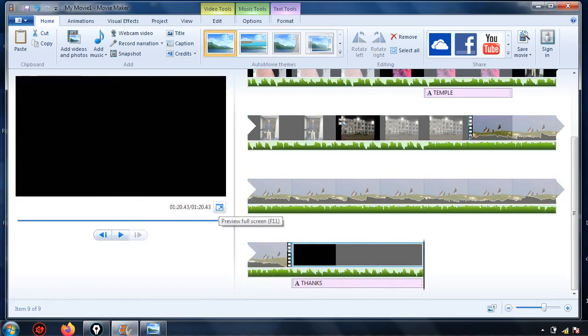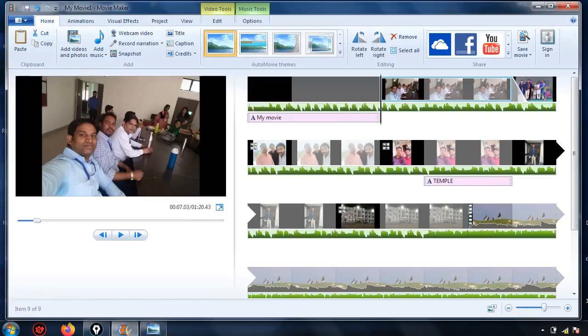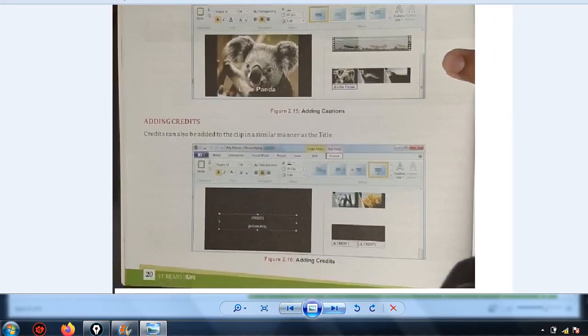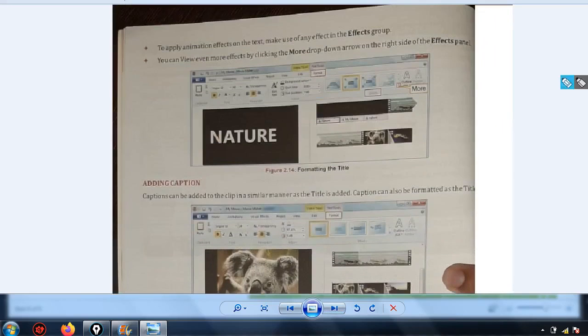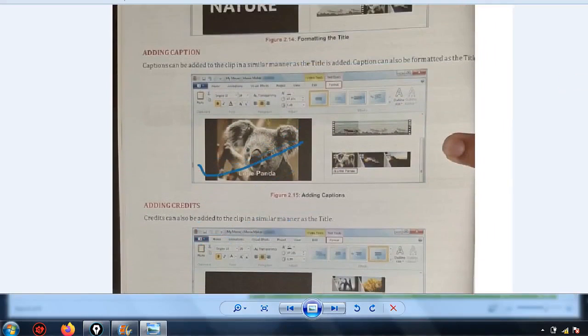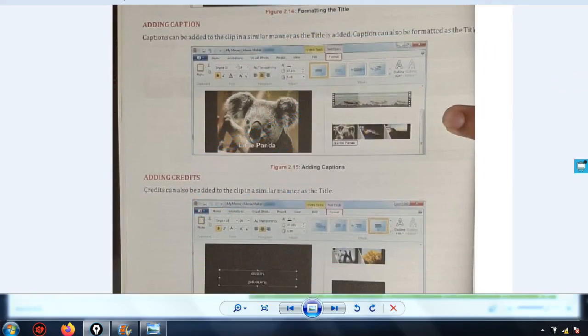And here is the preview full screen button. Here you can see the preview full screen button to see in a full page view, right? Full preview. Understood? Now next, this page is completed. And here also we have already seen how to add captions, right? And how to add credits also we have seen, right? Now next,